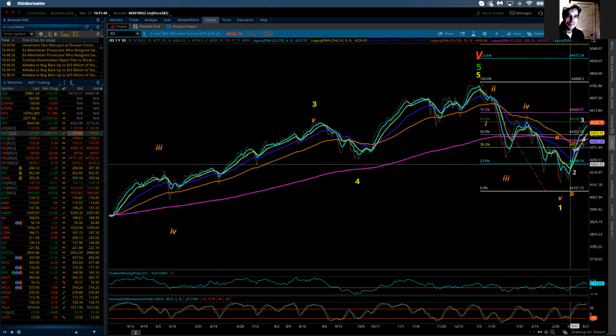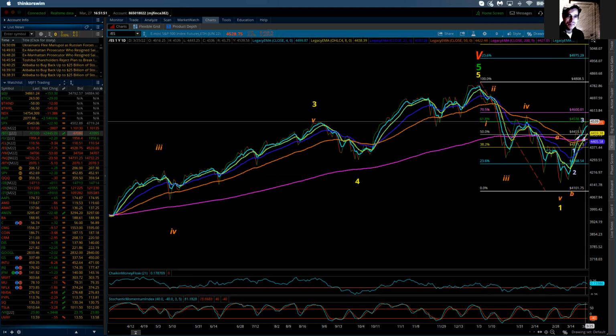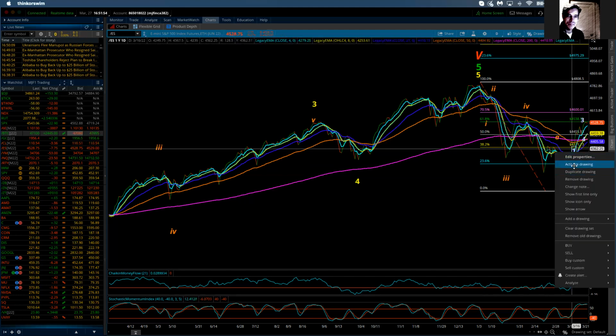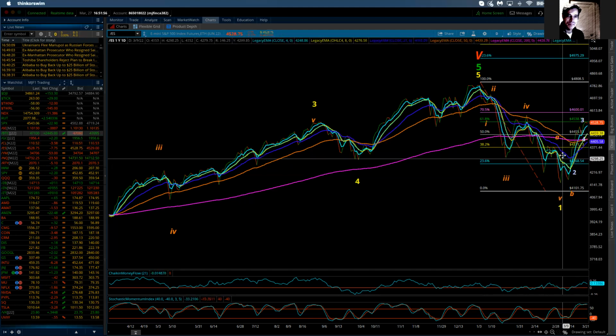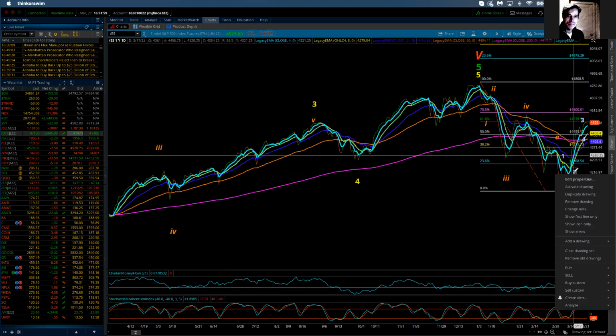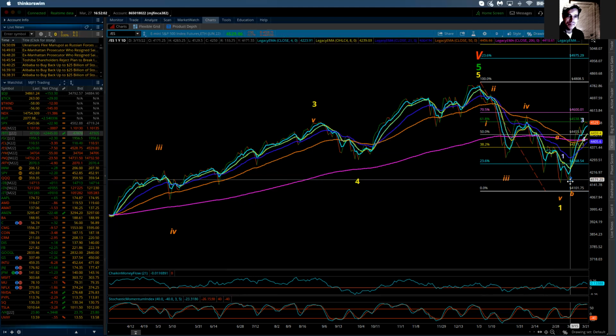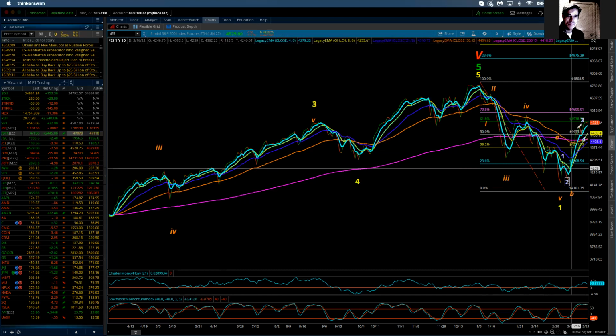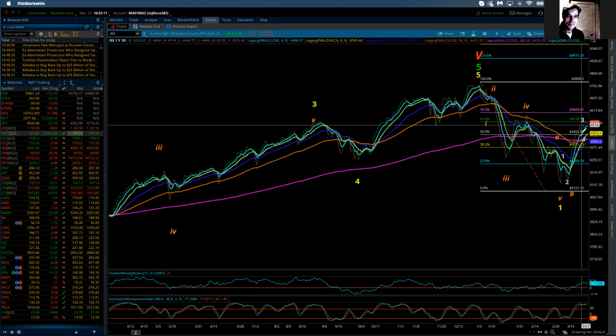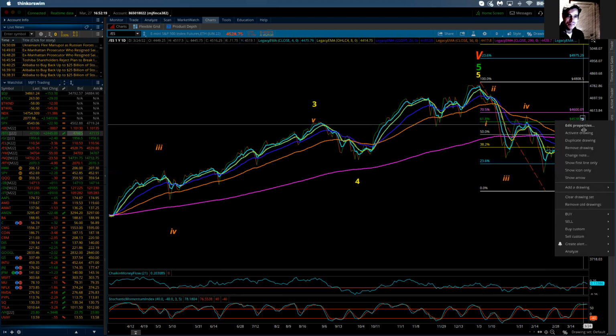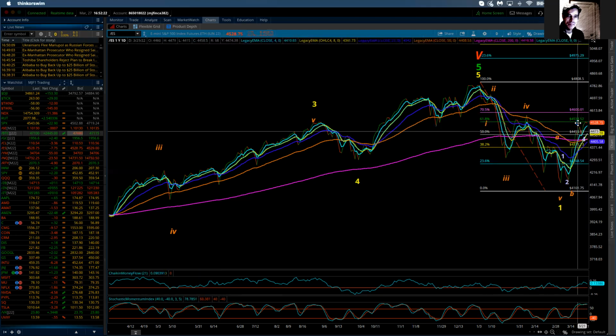And then we got 1, 2, and now this is a 3. So I can move that as well. Nice to be working with the daily chart. And then put the 2 over here. Now it may still end up changing, but this is going to make it clearer that we're in this 3rd, or the 3rd is there. That was the 4, and this is the 5th. And that would be telling us that the 5th wave may be in, and therefore wave A of intermediate wave 2 is complete.